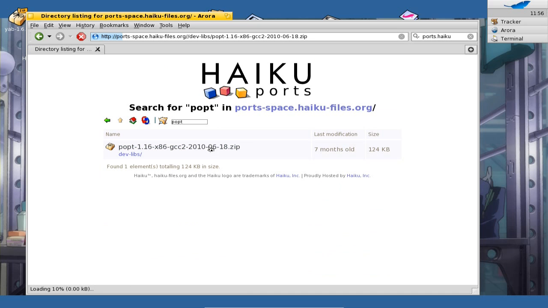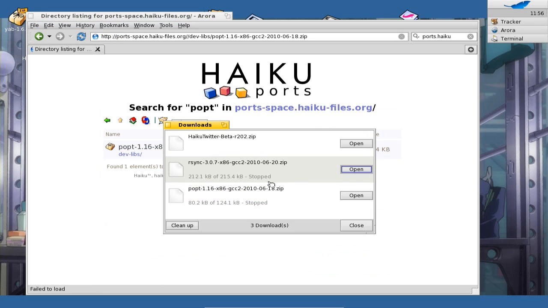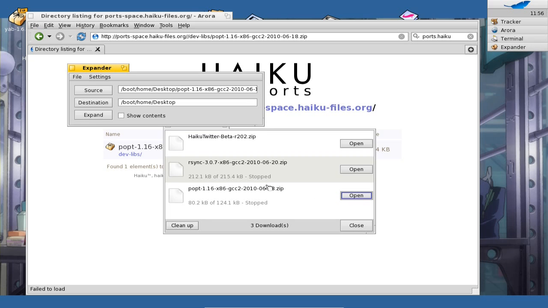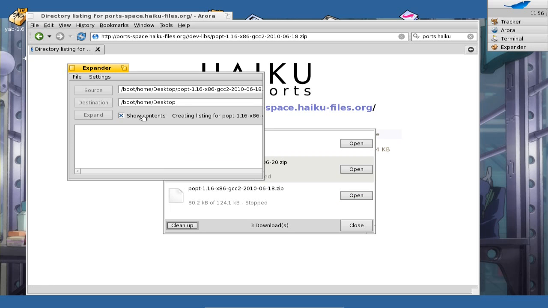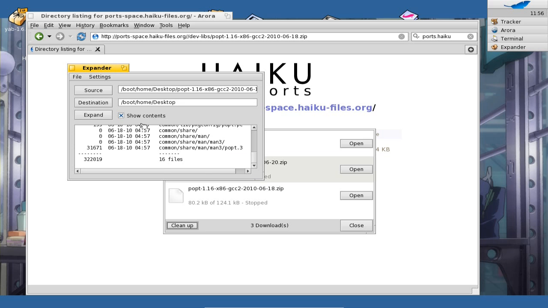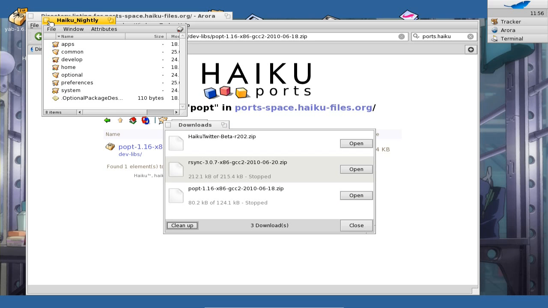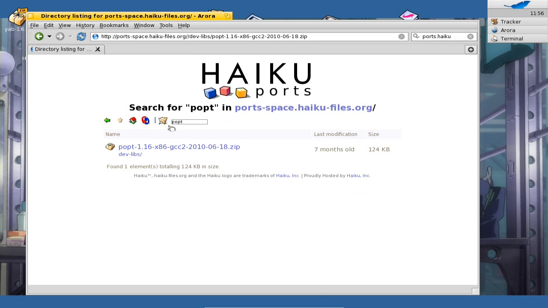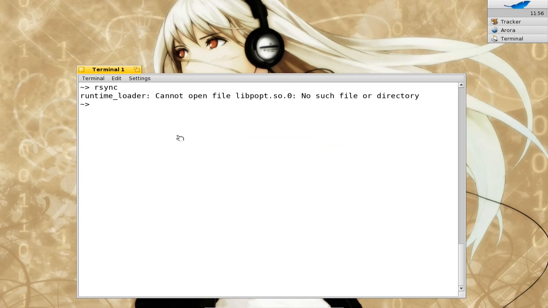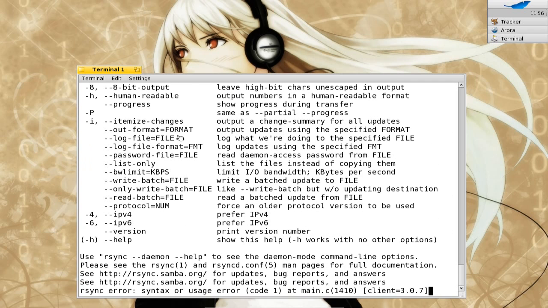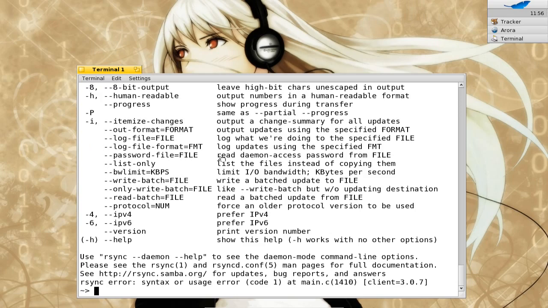There it is. popt. So you need to download this as well. Hopefully this is the only dependency. I think we need to expand it, extract it to the boot directory, and hopefully rsync is now working. Let's go back to the terminal, and as you can see, it's now working and giving you a list of different commands that it can use,